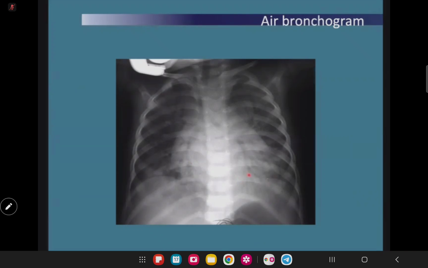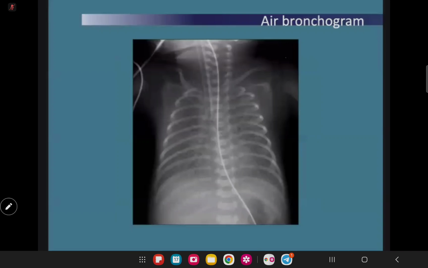So most likely, this patient either has consolidation or pulmonary edema. You can really see it against a white background, you can see the branching. Okay, this patient would have an RDS. It's not so clear, but you can see the lucencies here. So that would be your air bronchogram.